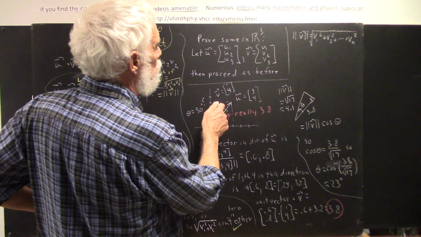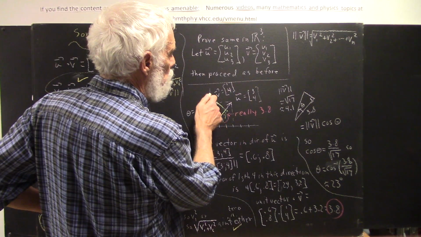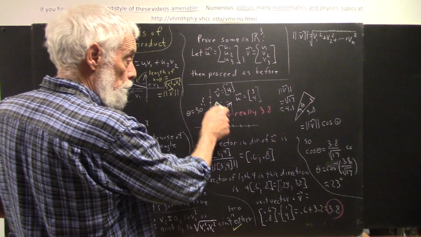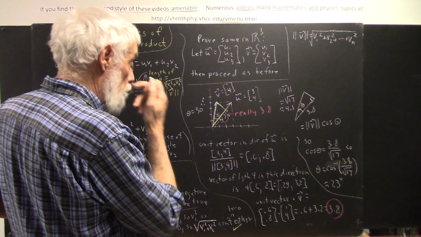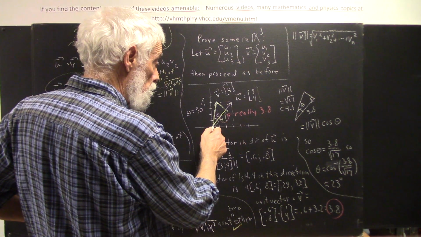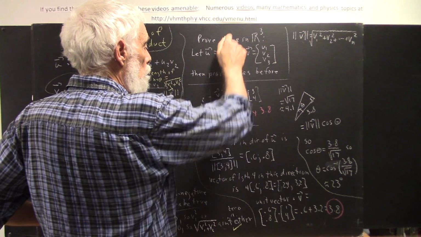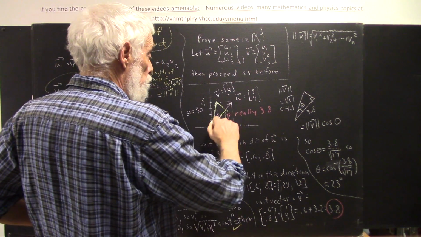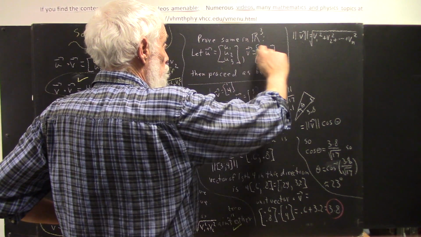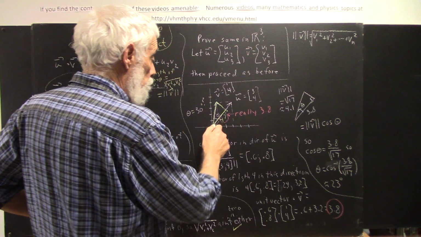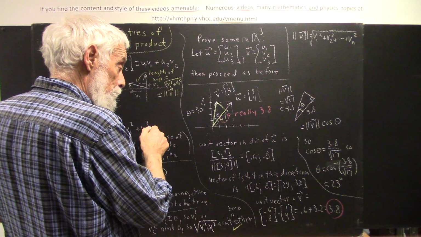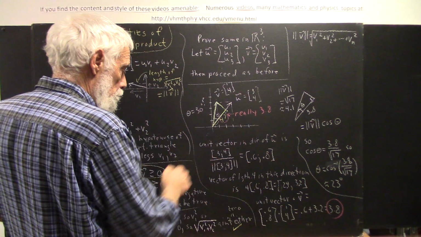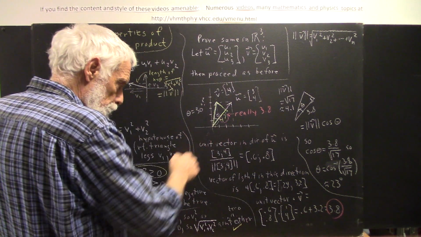That means we go from the tip of the v vector and we move perpendicular to the line of the u vector until we hit that line. I say perpendicular to the line of the u vector because the v vector could well be much longer and it wouldn't hit the u vector at a perpendicular, but it'll hit the line of the u vector at a perpendicular. The v vector could even be back here, and to bring it to a perpendicular we have to go this way to the line of the u vector, so we'd have to extend the line of the u